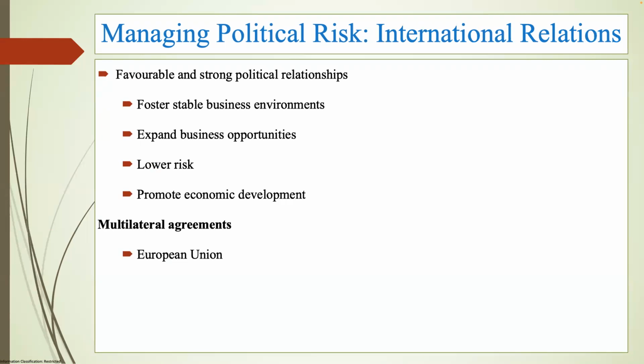Favorable political relations among countries expand business opportunities, lower the risk, and promote economic development. So to generate a stable business environment, some countries have turned to multilateral agreements. What are those? Those multilateral agreements are treaties concluded among several nations, each of whom agrees to abide by treaty terms